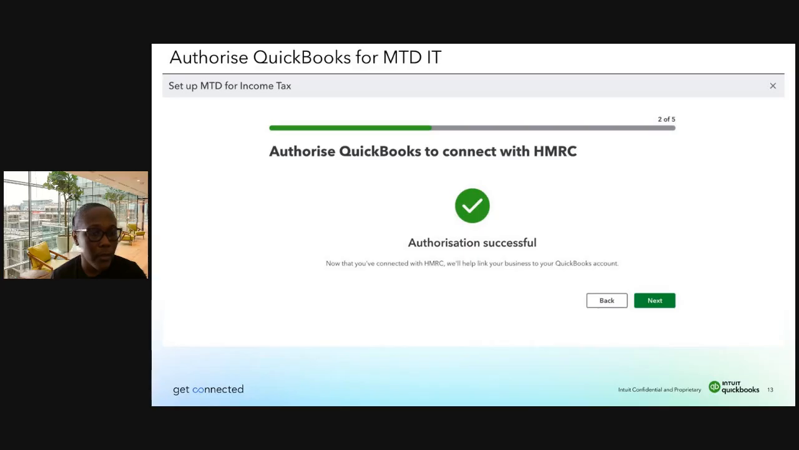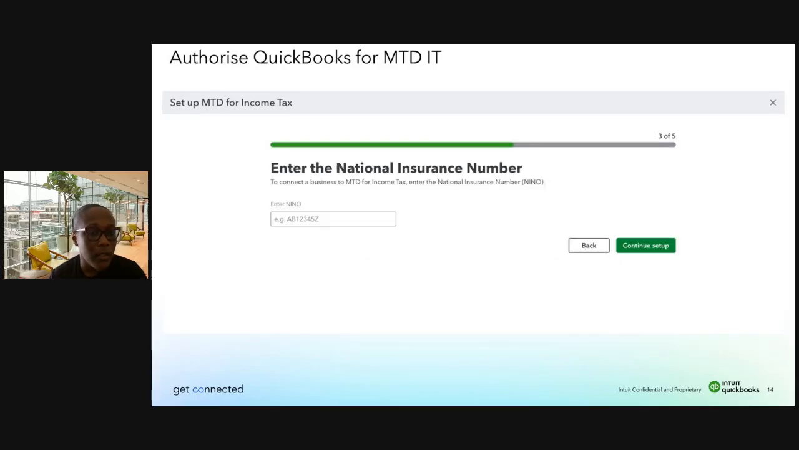you're then taken to the QuickBooks login page. Once this is successful, we've got your authorization for your client and/or you've given permission. It then tells you that's been successful. If it hasn't been successful for any reason, you'll get an error message here. But if you click next after this, you then move on to the third step, which is to input the